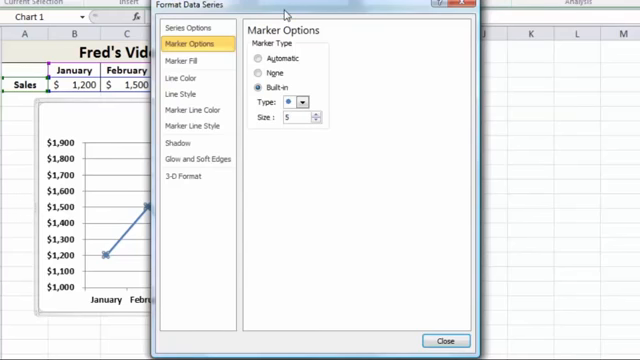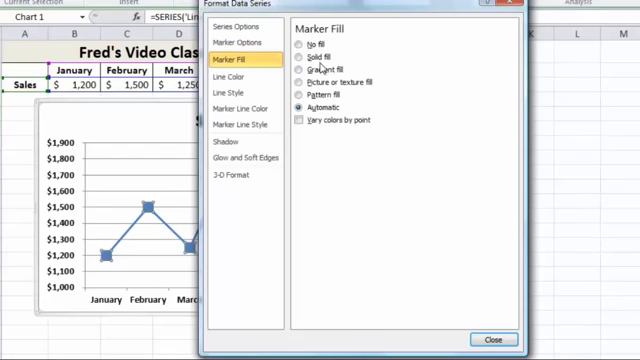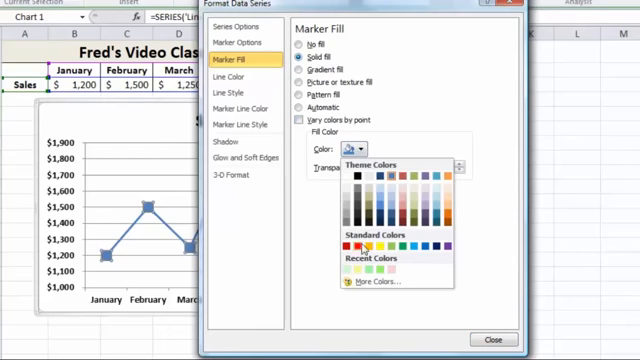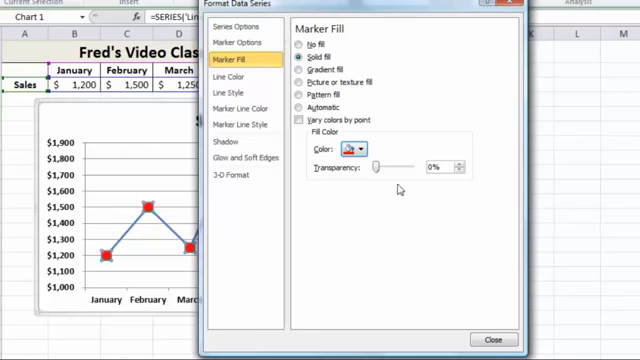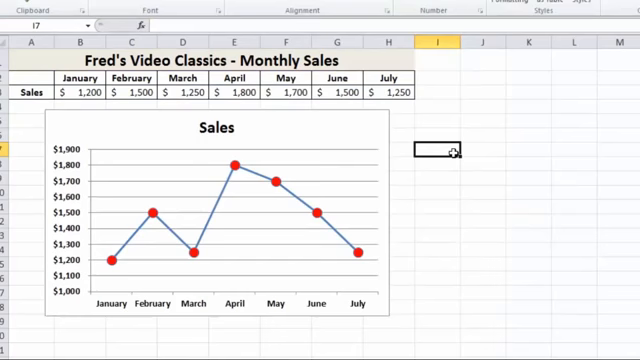Actually, if I just move the dialog to one side, you'll see a little live preview as I change the options here. So if I increase the size to 10, we can go to the marker fill options, and I can choose a solid fill, perhaps have a stronger color, maybe make it red, and I can even make the marker color transparent so it's slightly faded out if I want to. I'll leave it at 0 transparency for now, so it's solid. Click on close, just click away there, and you can see now that the data points stand out very strongly